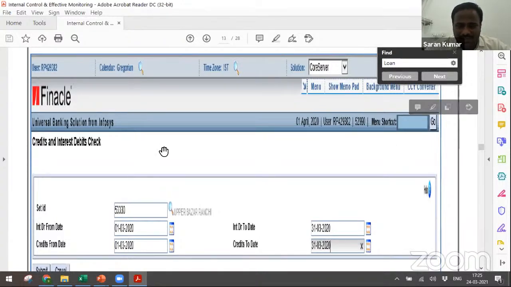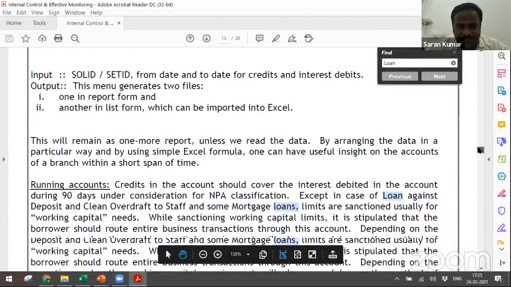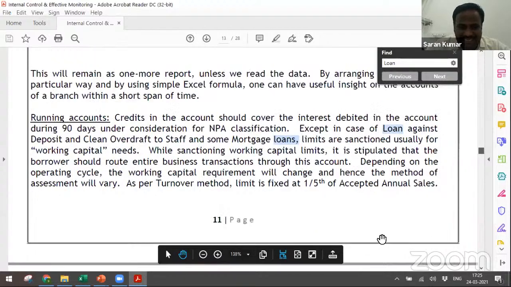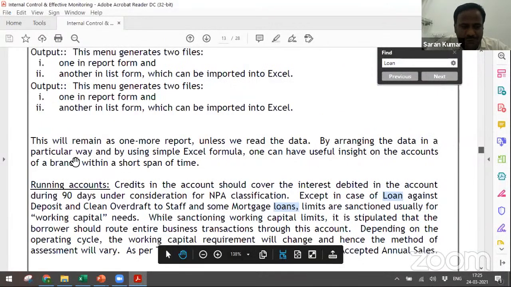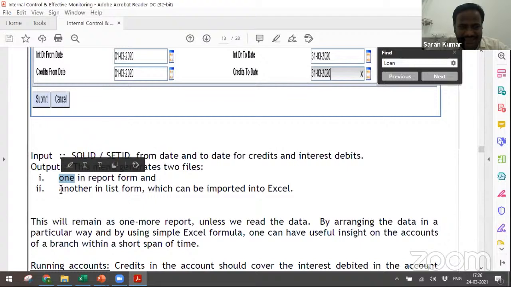Once you click go, it asks for the respective fields of that menu key. Once you put that information and submit, it gives you two reports. The menu generates two files, one in report form, the other in list form, which can be imported into Excel.